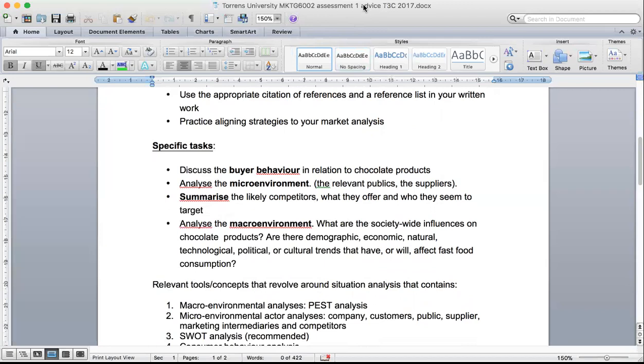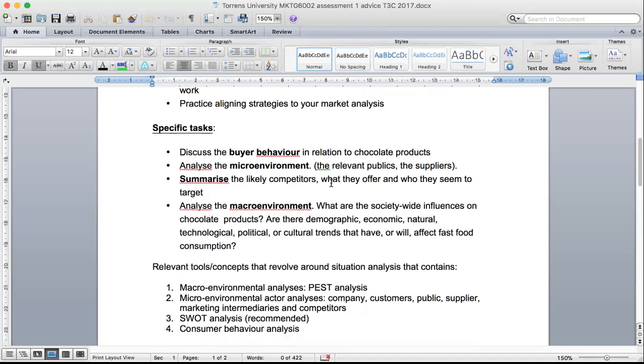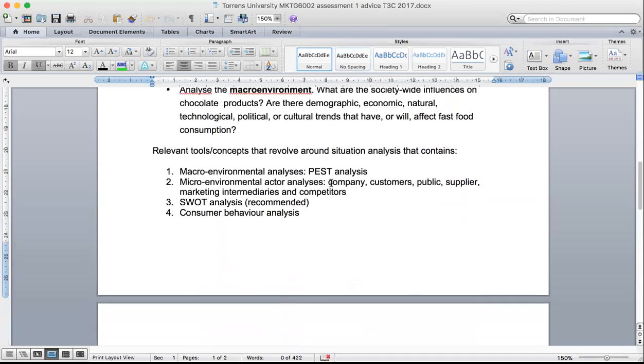And we need to also analyze the macro environmental forces that include the political, economic, social, cultural, and technological. Therefore, the relevant tools or concepts that we need to use in this assessment consist of PEST analysis, micro-analysis, that includes the company, customers, public, suppliers, marketing intermediaries, or the middlemen, and the competitors, and consumer behavior